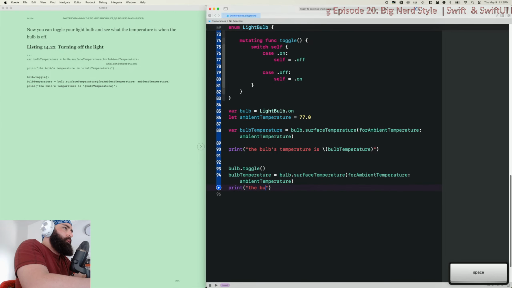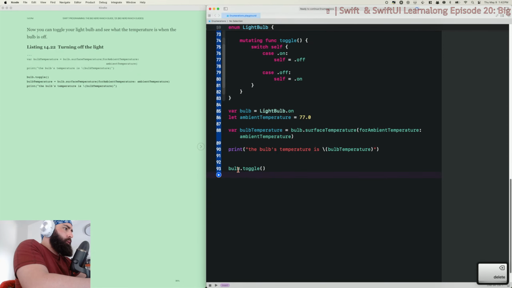Print. Oh, wait, I did these already. Just kidding. Okay, just put that here then.